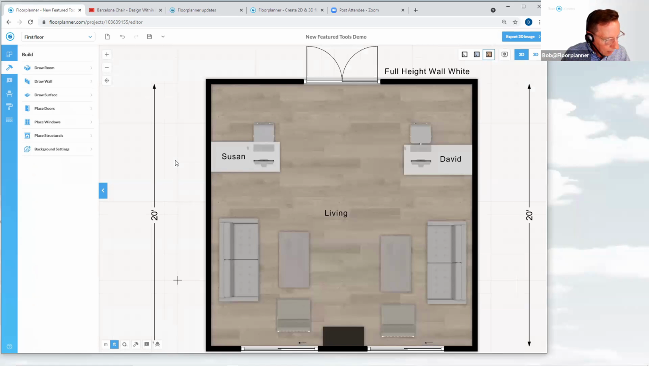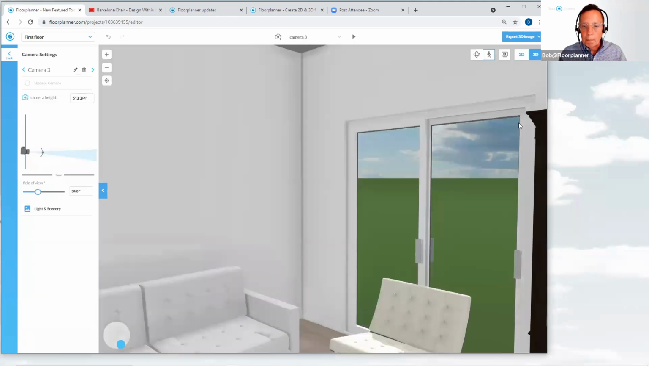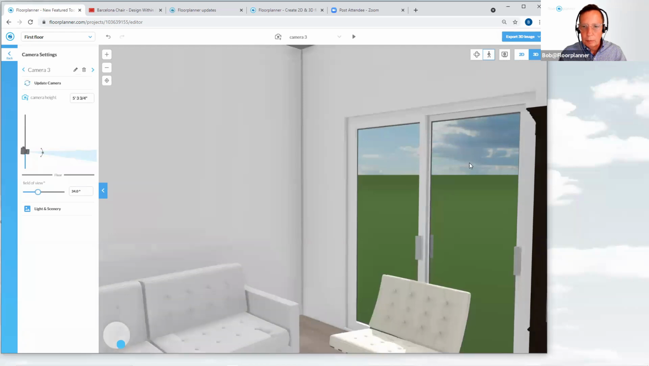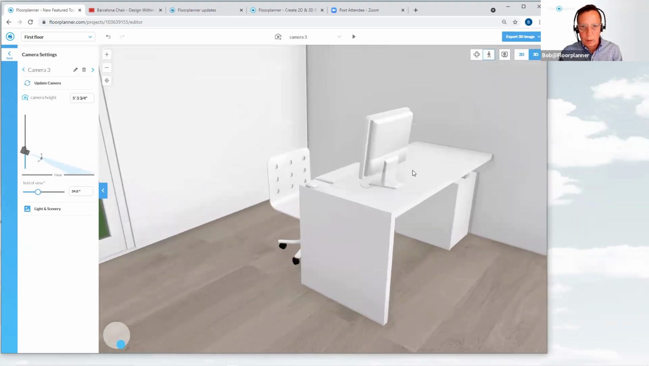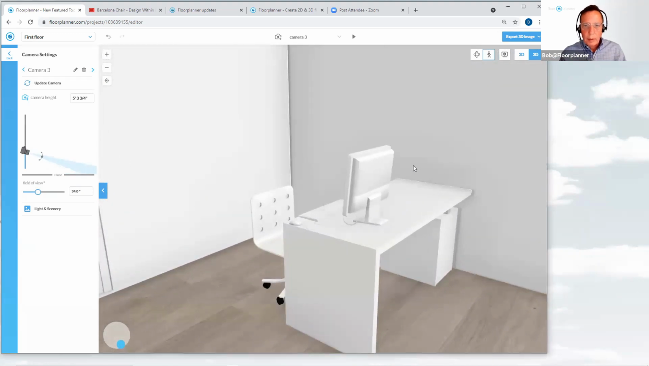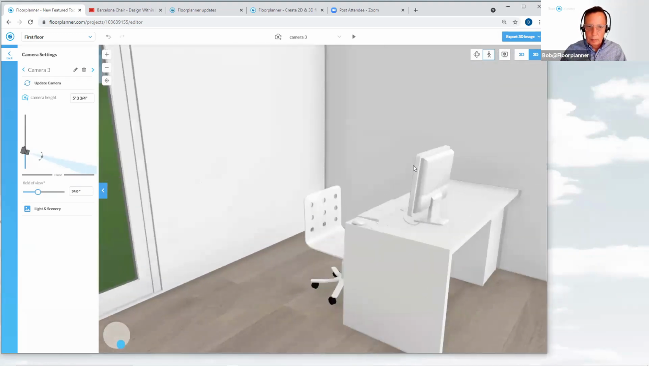Let's take a look at, this will be the 5th update. Let's go into 3D. Take a look at our room. Okay, there's our Barcelona chair. And a little desk area over here. Now, we know that